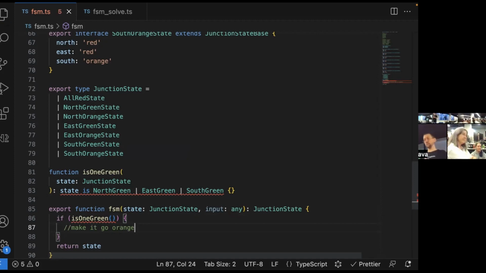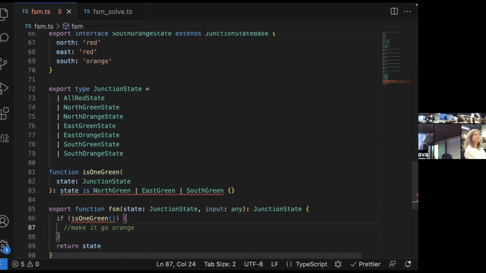And again, what we write here is just the core logic of our system, whether that's traffic lights or wizards, for example. These are great things where people go back and forth, are all workflows where multiple things can be in multiple states at the same time, great things for finite state machines.